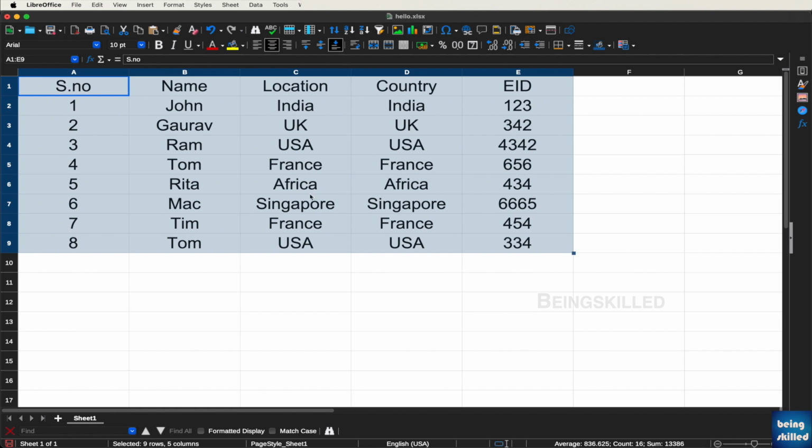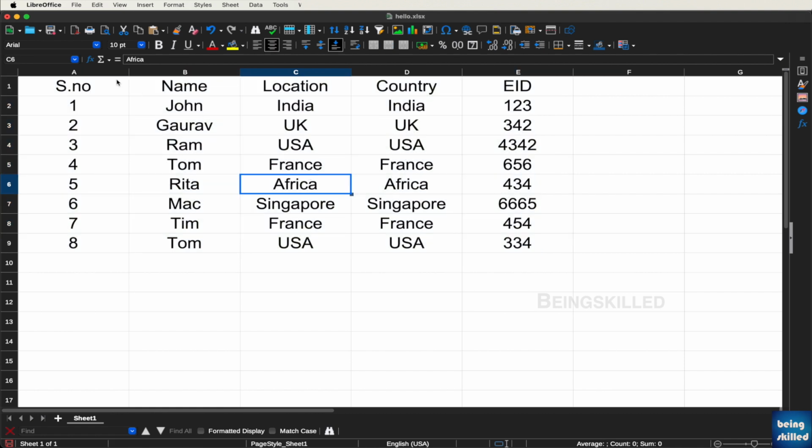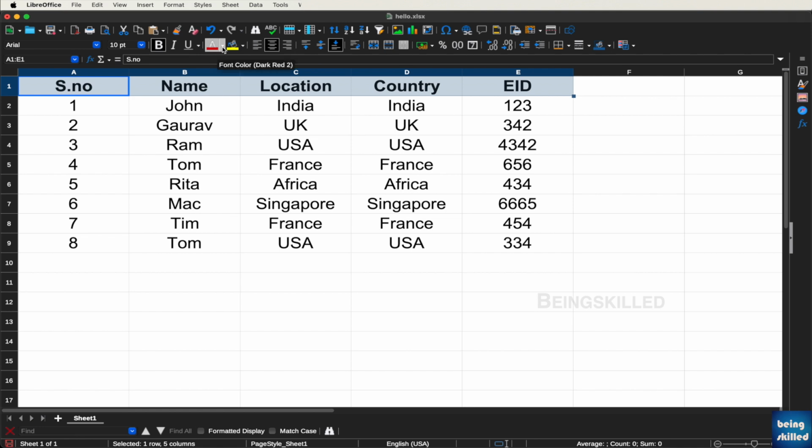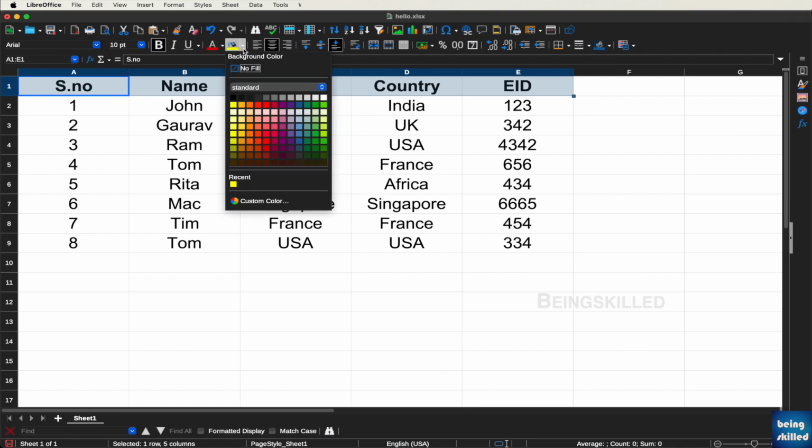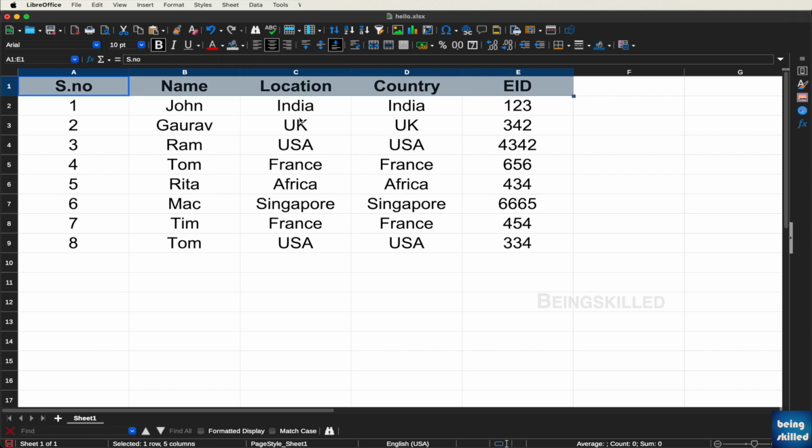So now it looks a little better. Now let's say you want to make it a heading, and heading typically is bold and has some background. So you can just click on this down arrow to make it a little gray so that it looks nice. And then let's say you want to add borders to this, you can do that